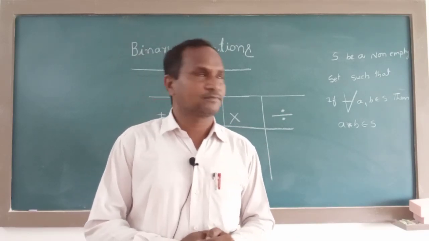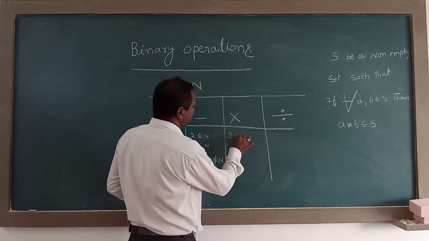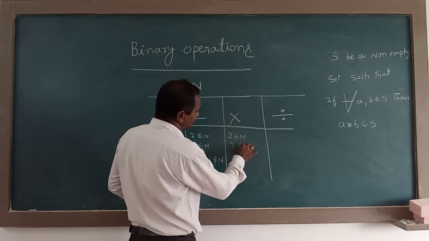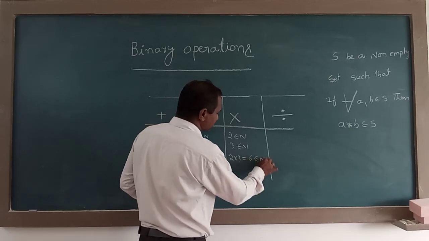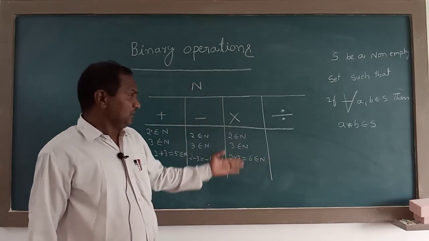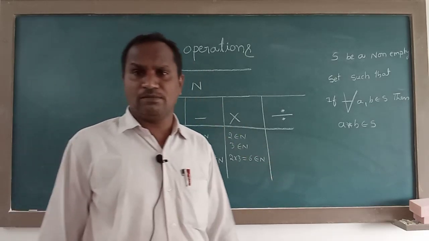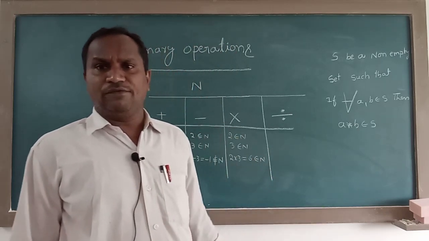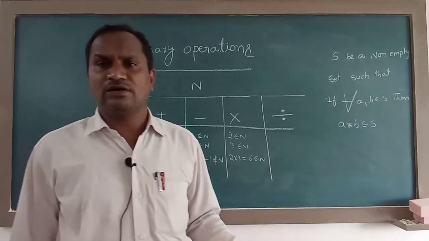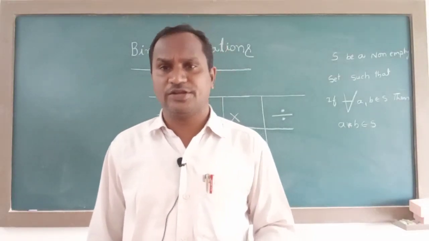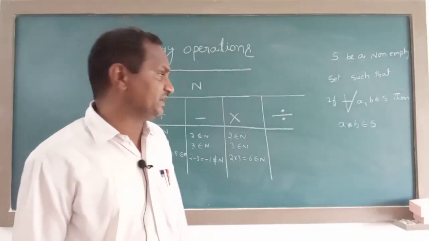Come to multiplication. 2 belongs to capital N and 3 belongs to capital N here. 2 into 3 is equal to 6, which belongs to capital N here. It is a binary operation. Easily, by showing multiplication, we can tell about the product of natural numbers. The product of any two natural numbers is again a natural number. That's why the set of all natural numbers always satisfies a binary operation with respect to products, that is, with respect to multiplication. Come to division.